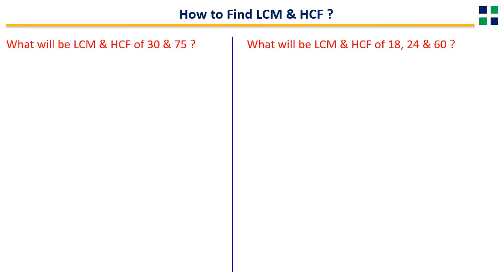So here we will find out the LCM and HCF by the method of factorization. The same two questions I will display in front of you, where the first question is what will be the LCM and HCF of 30 and 75. So the first number 30 can be factorized as the product of 6 and 5, where 6 can be further written as 2 into 3. The second number 75 can be written as 3 into 25 first, and further it can be written as 3